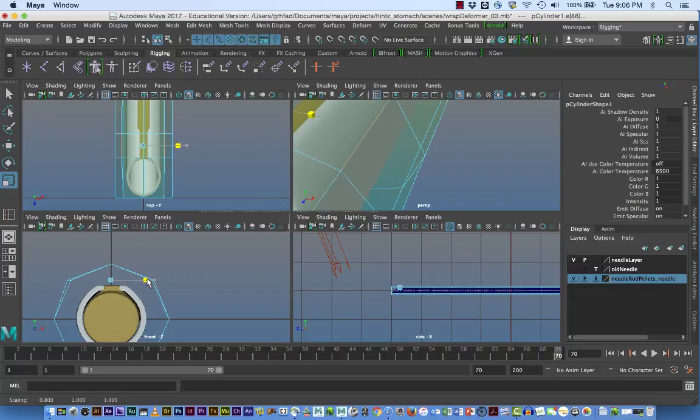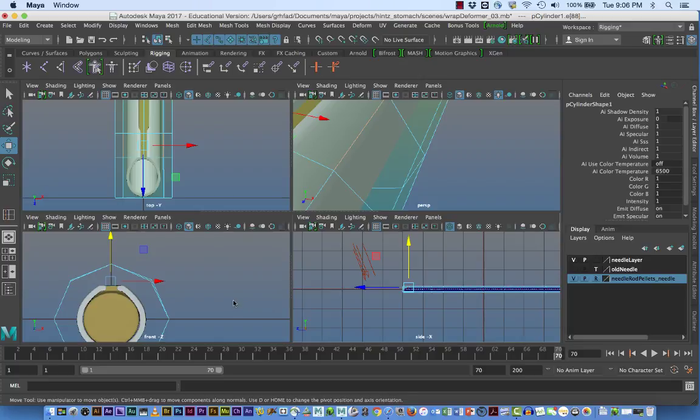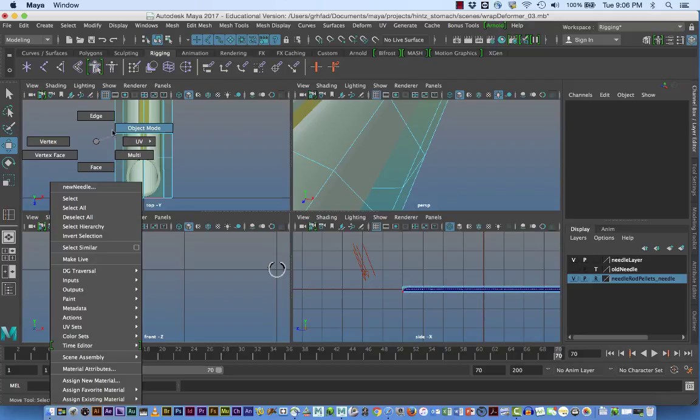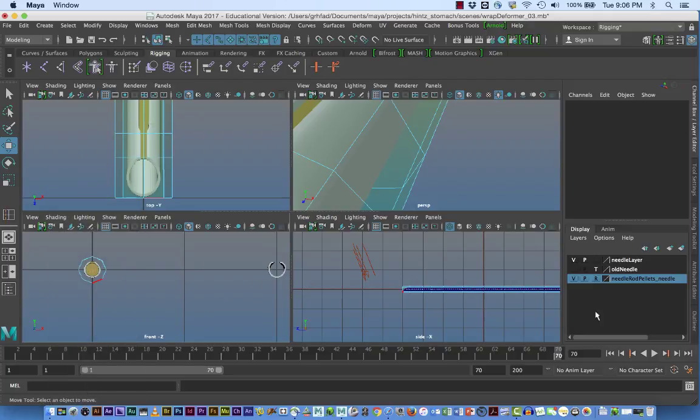This would be beforehand about here. And again, I'm going to go past, if you will, the ideal a little bit. I'm going to make it just a little closer together than it should be because I want to have that extreme or that exaggerated position when I create the animation. So now that I've got the closed and open version of the needle, I'm going to go to my outliner